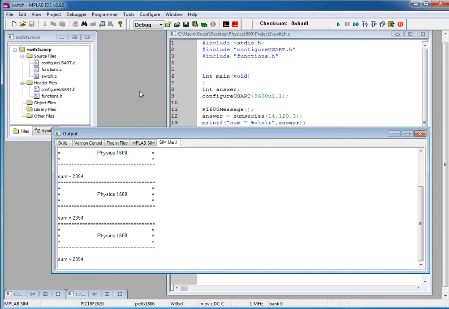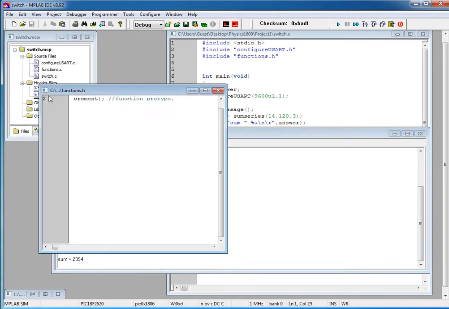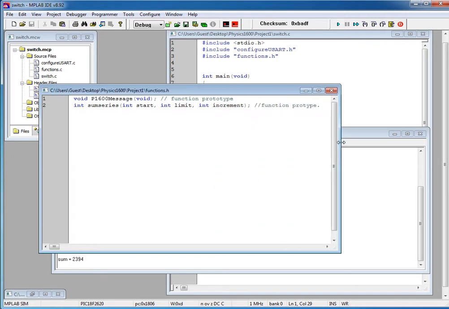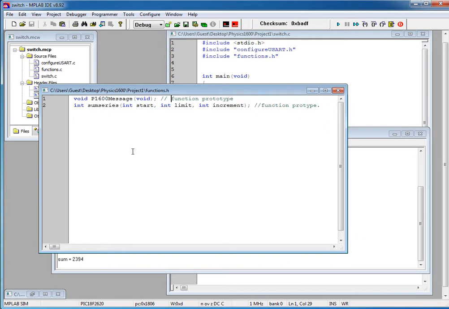Now, a couple of things here. One about functions.h. If you were to write a program for a project, you're usually working with partners, and different people usually build different libraries, and they're always brought together. The problem right now is that in this function prototype, there's not enough information to tell somebody what these functions do. So I would